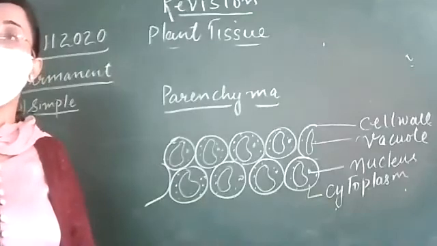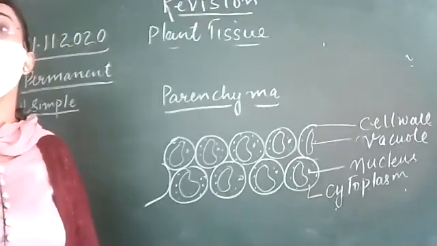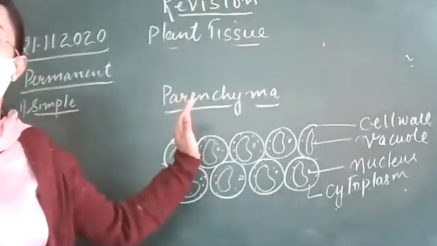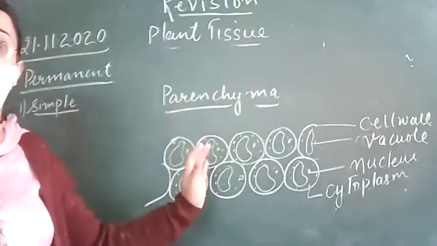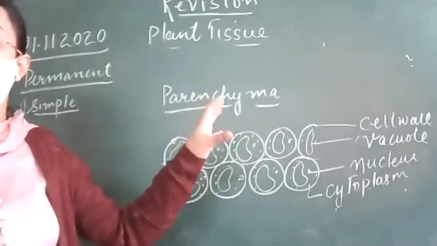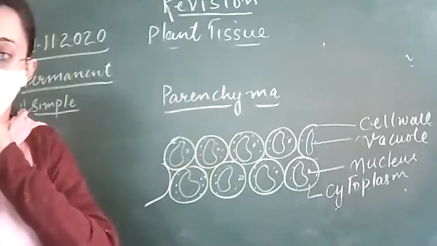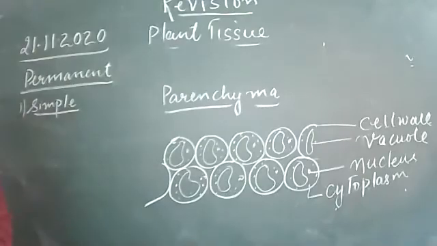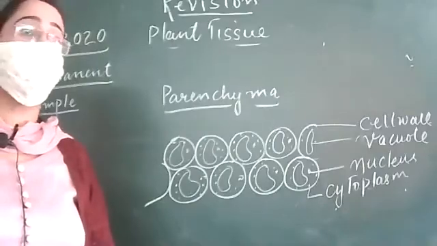Bete, where it is present, you have to tell the exact location. I have told you before, the stem. When you dissect the stem, you find the upper layer epidermis, there it is present. Or in the endodermis, in the pith, in the cortex, in the mesophyll of the leaves. Ma'am, medullary rays of stem. हाँ, very good, it is formed in the outer and inner parts of plant organs. Very good. So it is finished with the location.